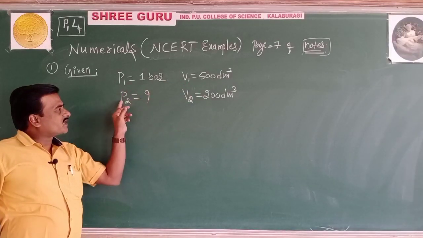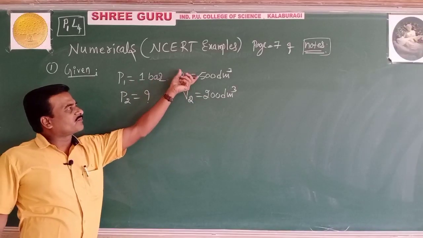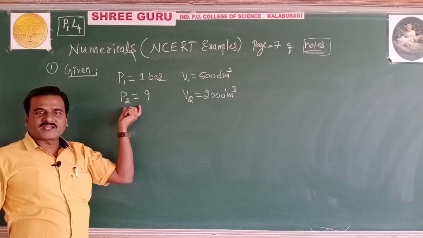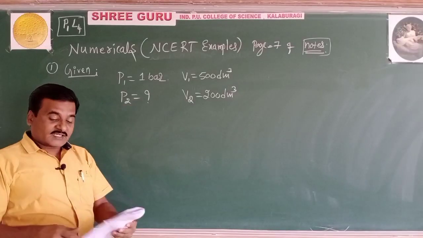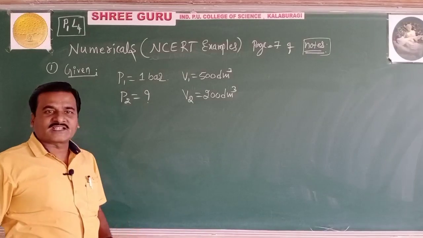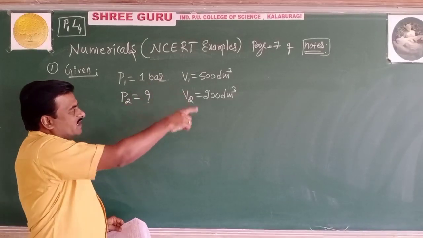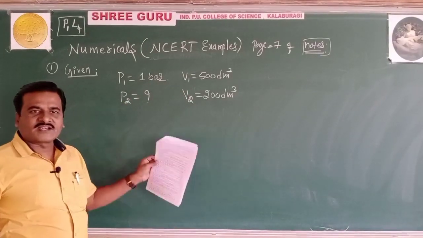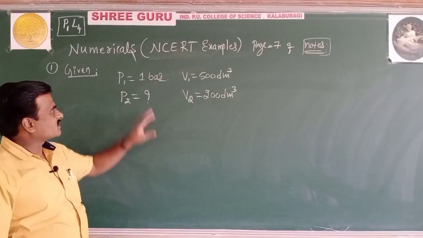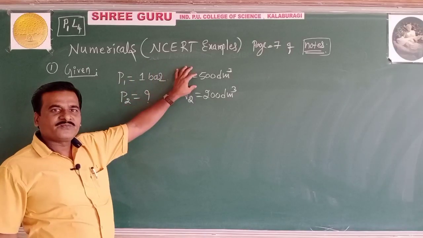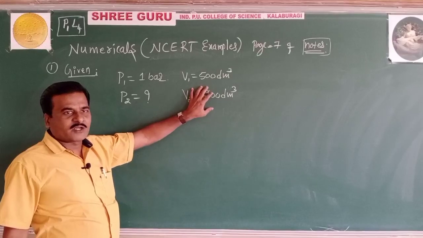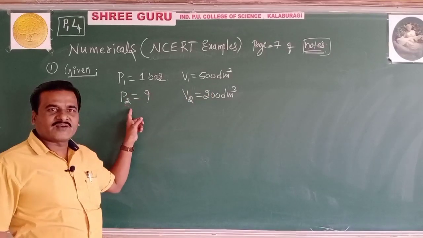So what is the pressure required to compress 500 dm cube of air to 200 dm cube? The final volume is 200 and the final pressure is what you have been asked. The temperature is kept constant at 30 degrees Celsius. The temperature has no significance in the formula or in the solution. But at a given temperature, this is the initial pressure and initial volume. At the same temperature, the gas is compressed, so this is the final volume. What is the final pressure they have asked?